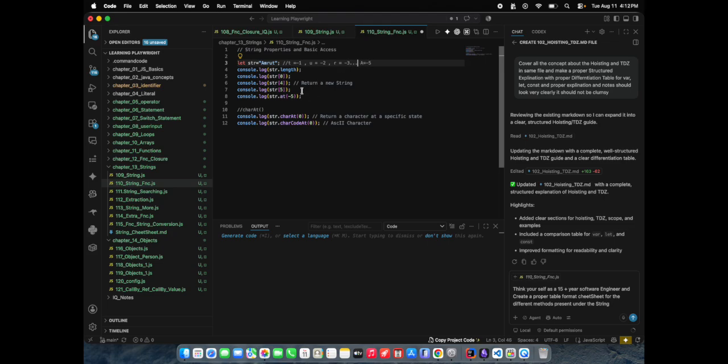So -5 is A. Coming from left to right, it will be 0, 1, 2, 3, 4, 5, and coming from right to left, it will be -1 and so on.